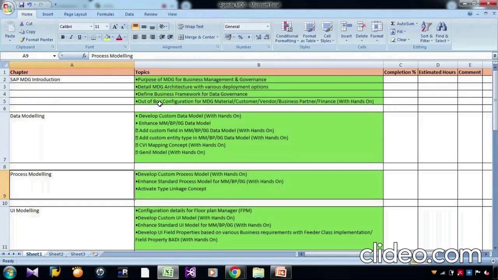So we do have this format available, but we also recommend that for at least the initial few chapters, the foundation chapters, you give some time, because that is the baseline understanding.